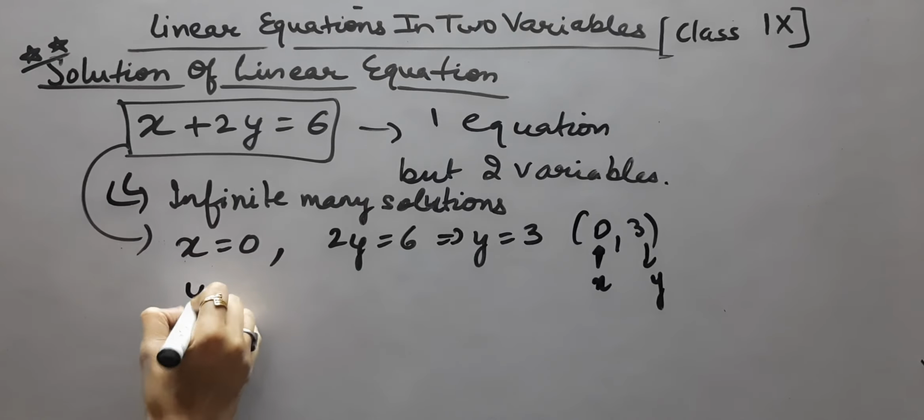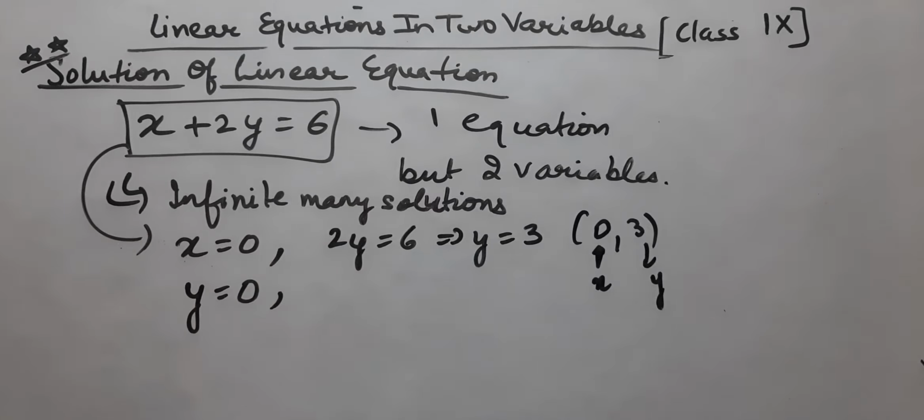Second thing, I am going to put y now 0. If y is 0, then I will get x equals to 6. So the second pair is 6 comma 0. First the value of x, 6, then the value of y. Whenever you are being asked to write two possible solutions for this, I can straight away do it like this. Later on, we will see in the graph also that this is the easiest way for making the graph. So x equals to 0, write the value of y; y equals to 0, write the value of x.